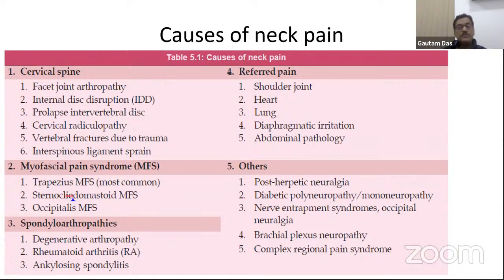Another very important thing is that heart, lung, and abdominal structures can refer pain to the shoulder or the neck. By innervation, you will be able to remember it. Just for recapitulation: for the head and neck, the sympathetic innervation comes from T1 to T3. Upper limb, sympathetic innervation from T2 to T8. Thoracic viscera, T1 to T5. Abdominal viscera, T5 to T12. So if you remember these things, that means